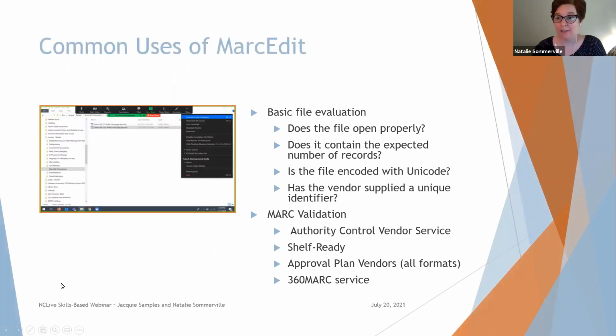All right, so we're on to our use case walkthroughs. We went ahead and pre-recorded the demos to show you how we think you might want to use MarcEdit and certainly how we use it in our setting. We pre-recorded the demos, both video and some screen captures, to make sure we weren't tempting technology to fail all of us during this live webinar. So we're going to go ahead and cover some common uses of MarcEdit. If Jackie will roll the video, please.